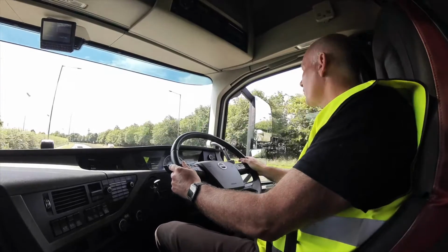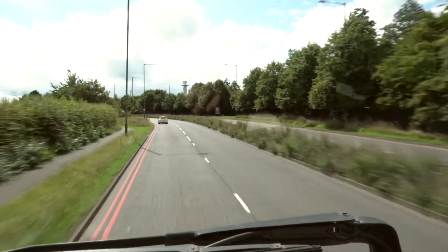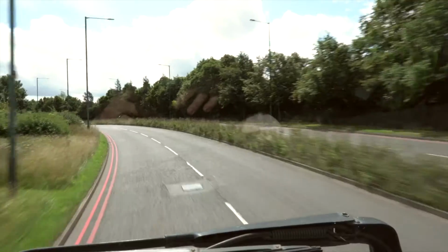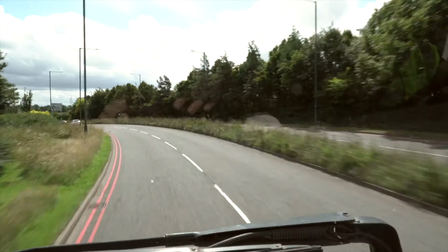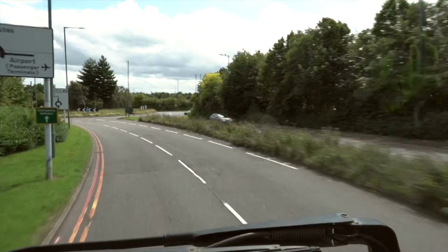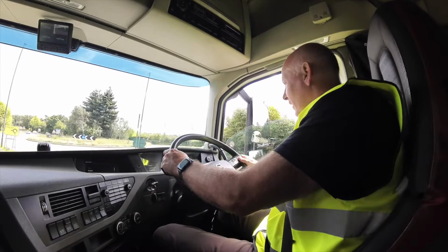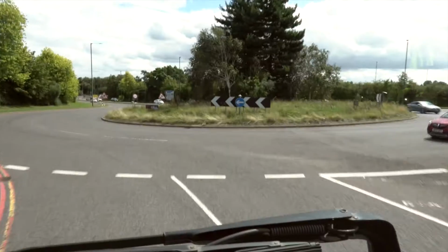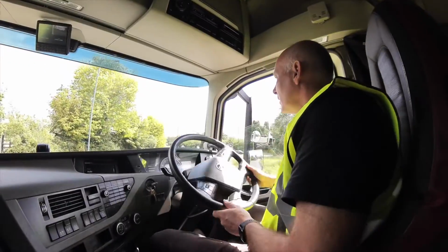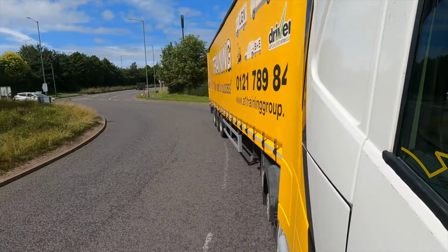As we climb, still putting a bit of throttle on, but what I'll do now is I'll start to ease back, off the throttle now, cover the brake, gently, just a little bit of braking. I don't like to brake in corners, so just smooth on the brakes there. As we come to the roundabout, be careful of the trees, it's a blind spot, you cannot see, and that's what happens, cars just appear. He's blocking, I'm going to go through, so as you come through there, try and keep it smooth, but if you have to stop because you can't see,